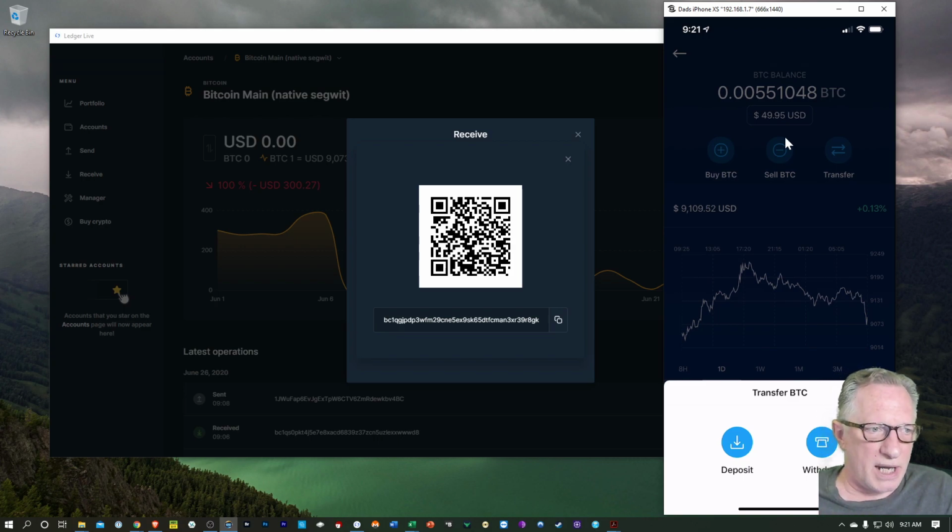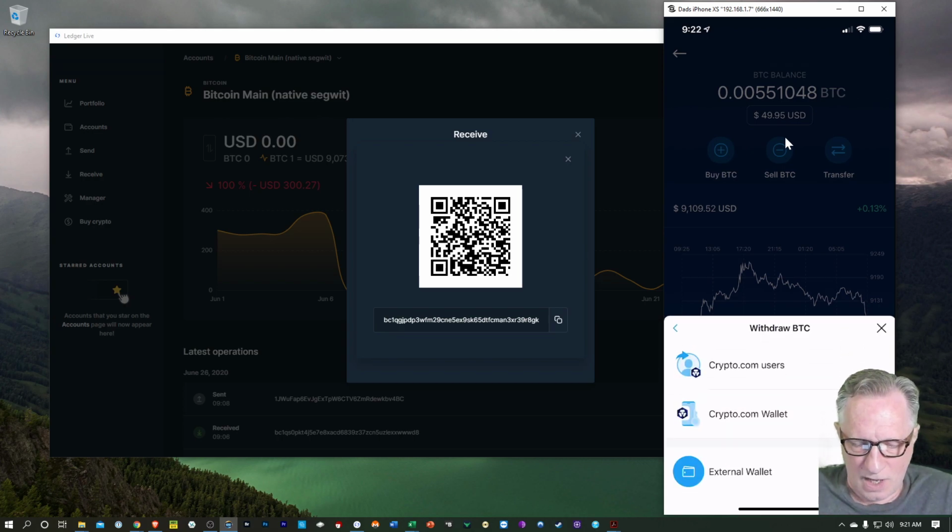Now, we can move Bitcoin from our wallets to our exchanges too, but I think most people are at that point in their Bitcoin career where they've managed to figure out how to buy some on an exchange. But now they want to put it in a wallet. So we're going to do that. So I'm going to hit withdraw. And I've got lots of choices here. I can send this Bitcoin to another Crypto.com user or to my Crypto.com wallet, but I'm going to demo the